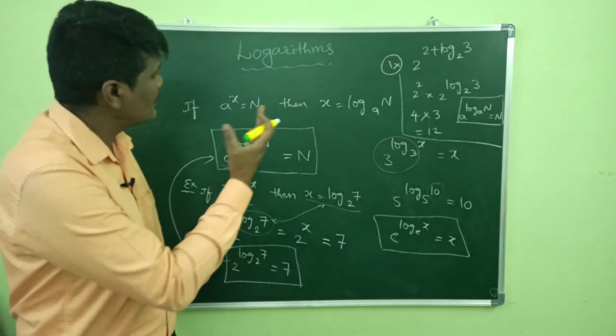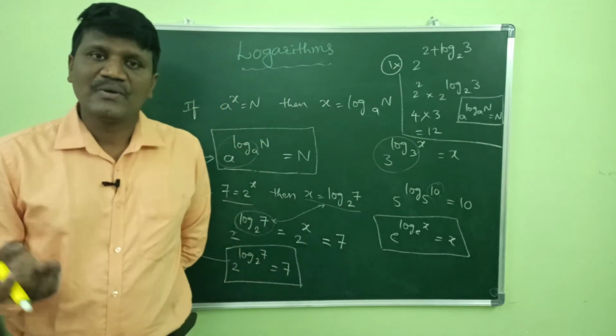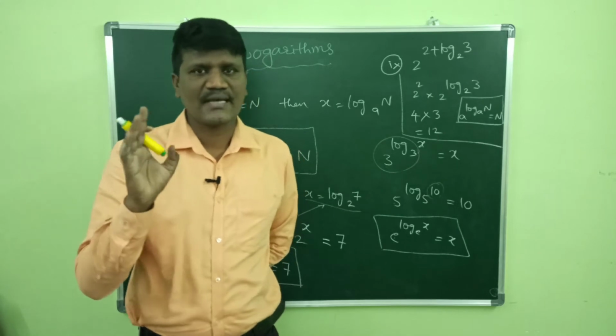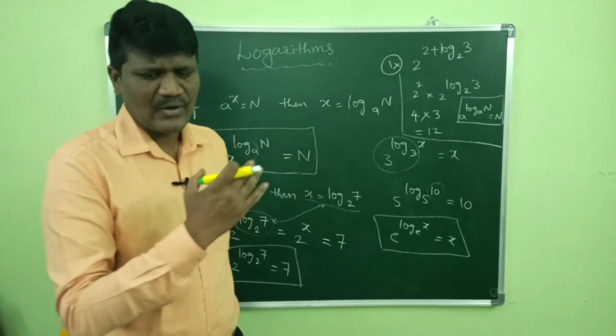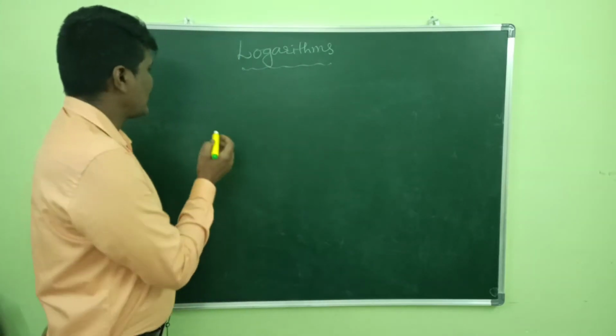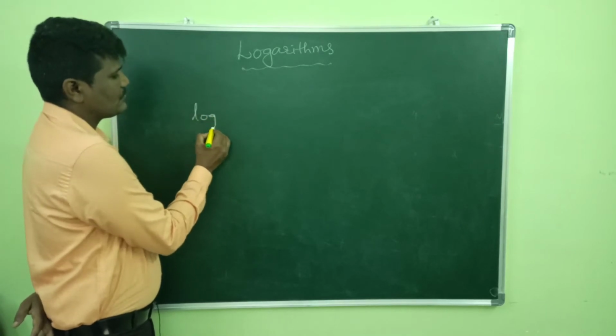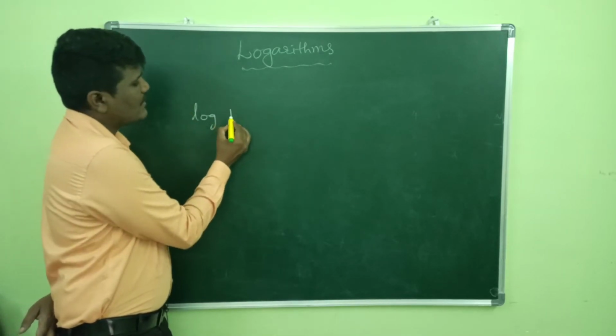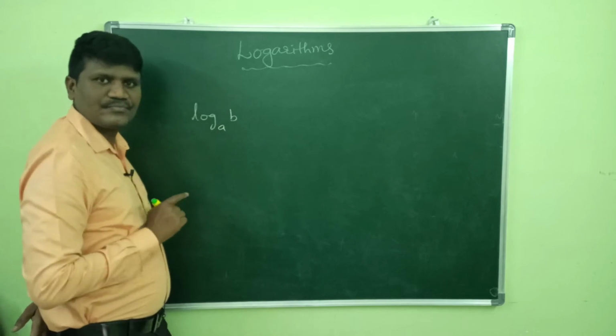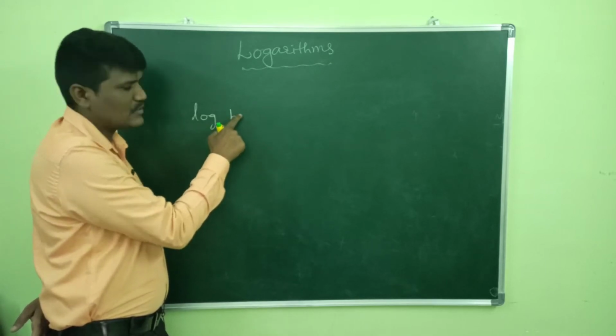Okay. So based on this, we have completed in the 1.5 first bit, second bit, third bit and fourth bit. Now let us see some more formulas. I can write like this. See, log b to the base a. Log b to the base a.